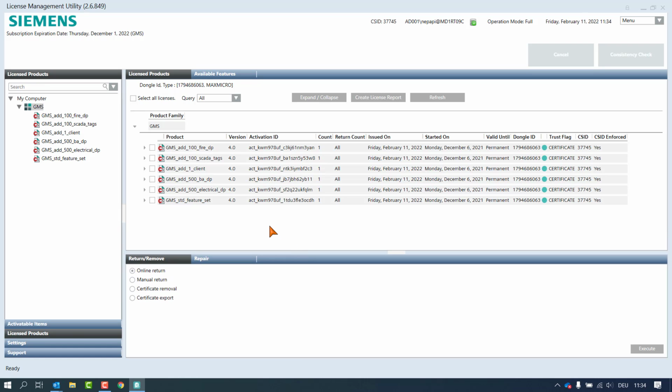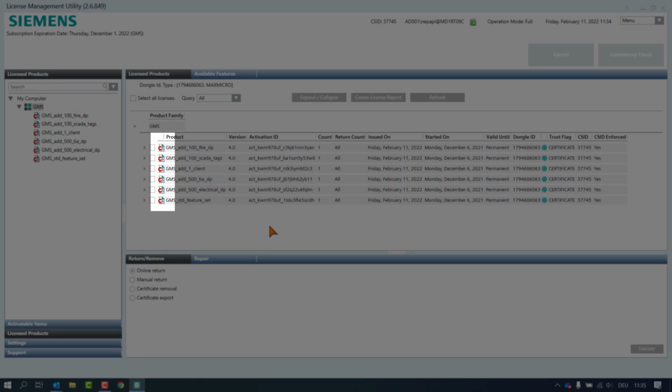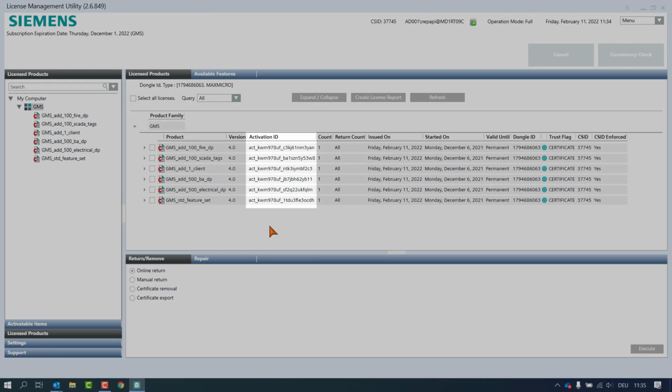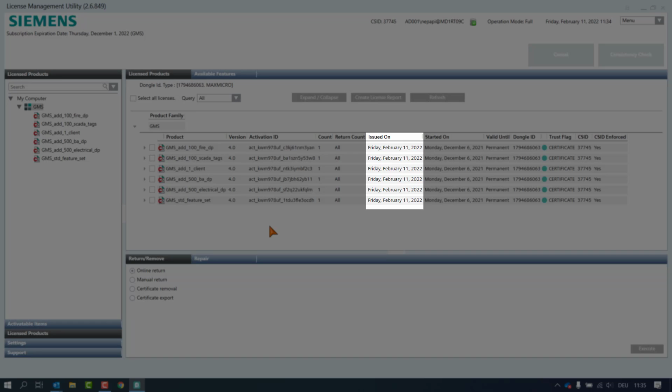We do the same in the View pane, in the Licensed Products page. The single products are indicated with the C symbol, which means that this is a certificate license, and the trust flag has the status certificate, and in the column before the ID of the dongle is displayed with a green dot. A green dot appears for each certificate license, if the dongle assigned for this license is plugged into the machine. Further, we have the following information: activation IDs, issued date, what date the license is started on, the expiration,